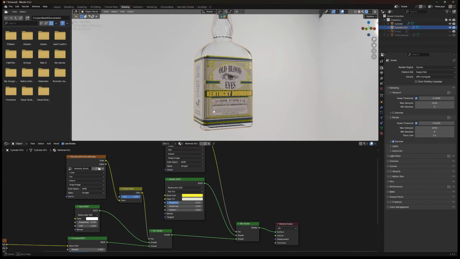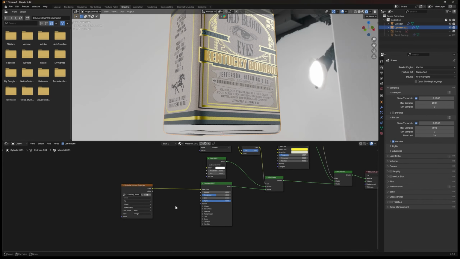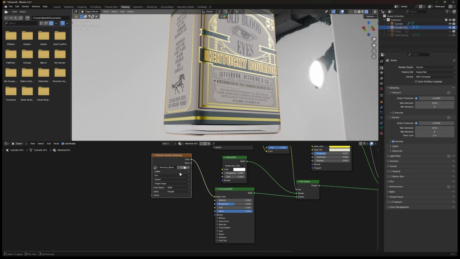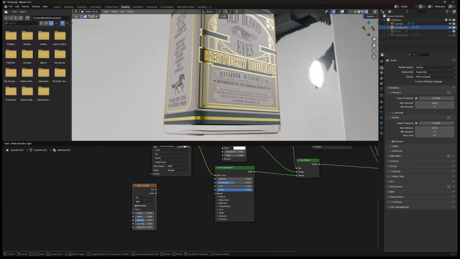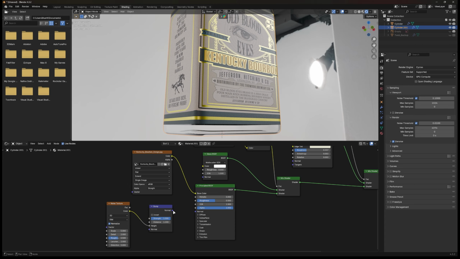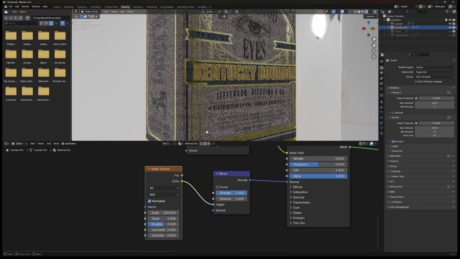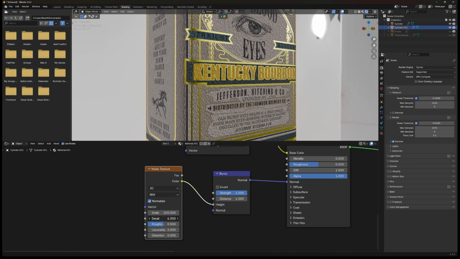So if you have the old version, just use the basic Principled BSDF and play around with its metallic, or you can watch my other video that specifically talks about texturing. For the paper texture, add a noise texture and bump node. Connect color to height on the bump and normal to normal on the BSDF. Increase the strength on the noise texture to 200, the detail to high, and roughness to 0.high.